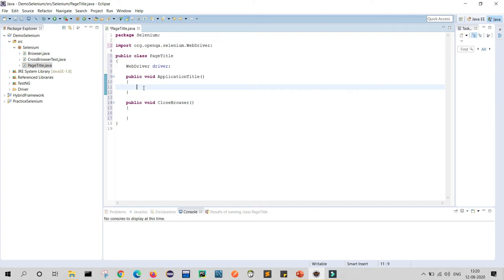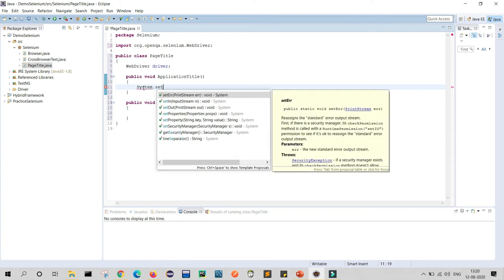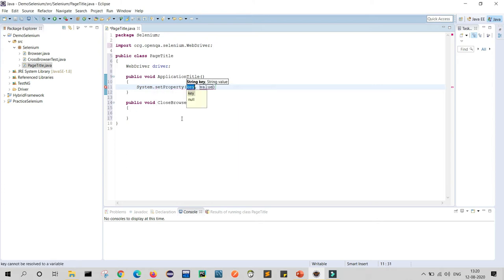So first what will we do? We will set system properties. System dot set property. In key we will provide webdriver dot chrome dot driver, and in value we will provide the path.